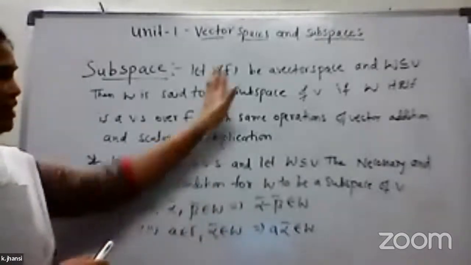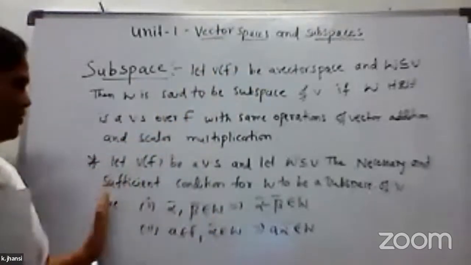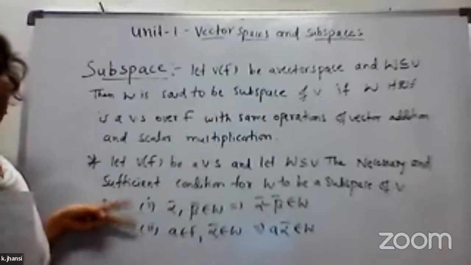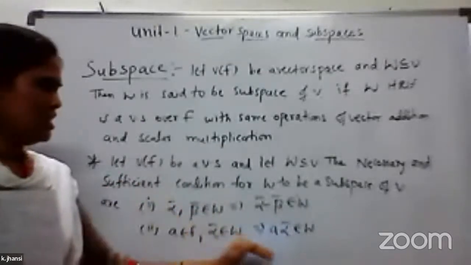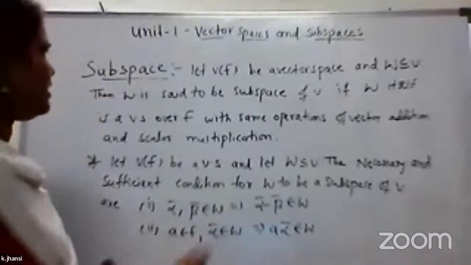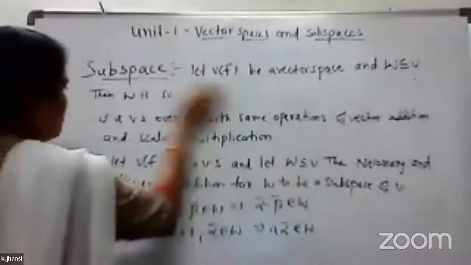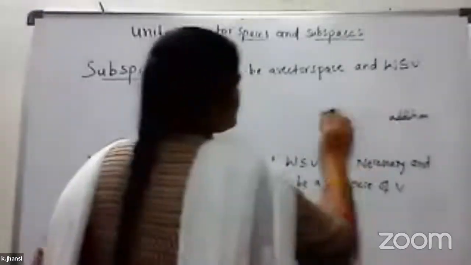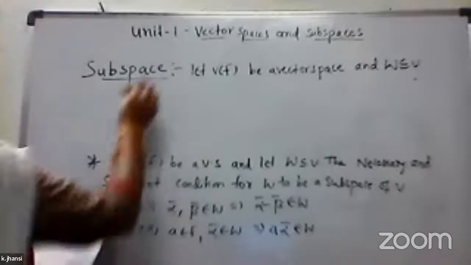Okay. So with this definition, you have to show all the 9 properties. But with this necessary and sufficient condition, if these two properties are satisfied, it is enough to show that it is a subspace. So this is one necessary and sufficient condition, and one more is there. So these are all conditions with the help of which you can show that W is a subspace of V. Okay, second necessary condition is